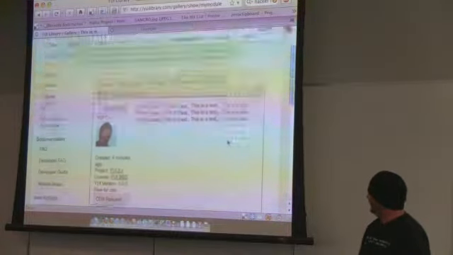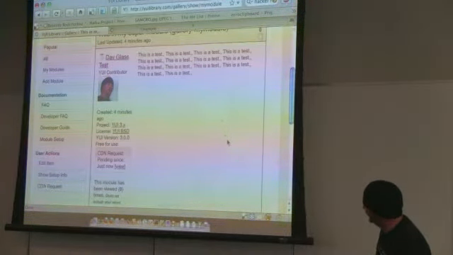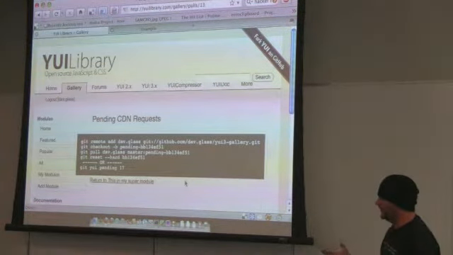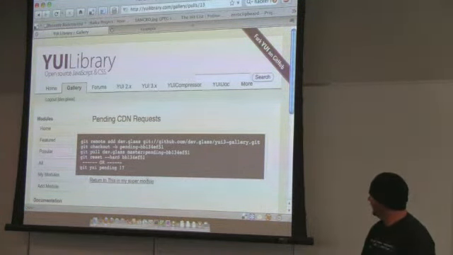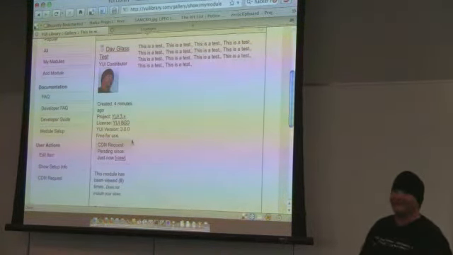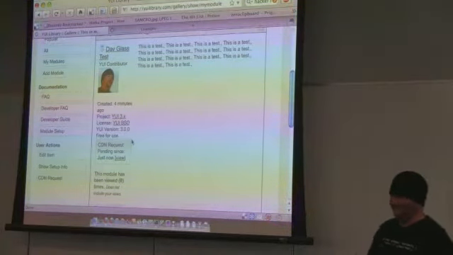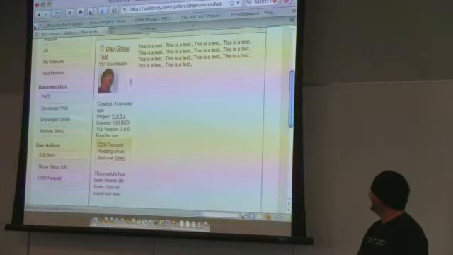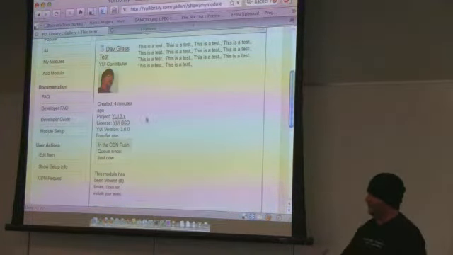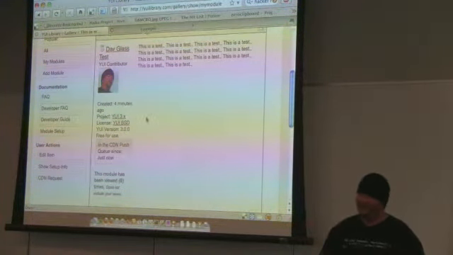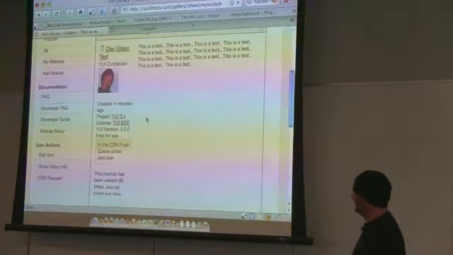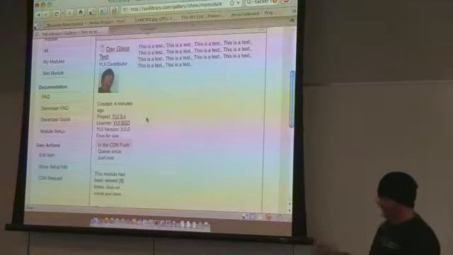So I look at my module here, and it sees that the CDN request has been pending since now, and I can view the CDN request at any given time to see that it's still sitting here. And then whenever he goes to actually move it into the CDN queue, I'll actually be able to see it. It's in the CDN push queue now, and that's where it's going to sit while we overview it and make sure that it works. And then once he pushes it to the CDN, which he's not going to do right now, so I don't have to worry about him doing that too early,